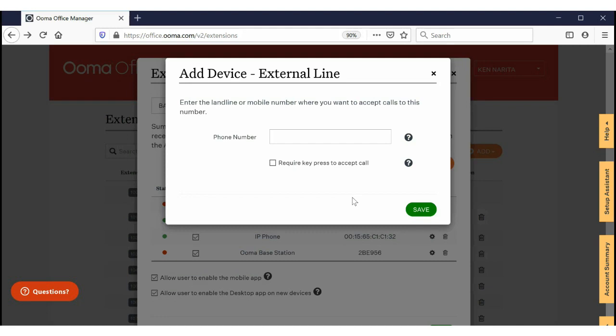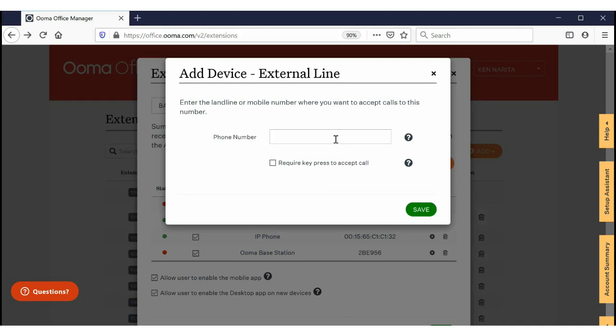The mobile app will also help you do that, by the way, because of how the functionality works. If somebody dials your business number and you're on your mobile app, when you pick up the phone you'll know that it's a business number because it'll indicate that it is a number calling the Ooma Office line, so you can reject the call. But at any rate,